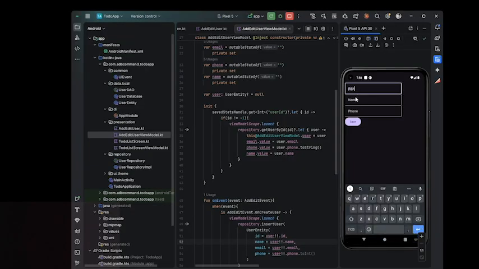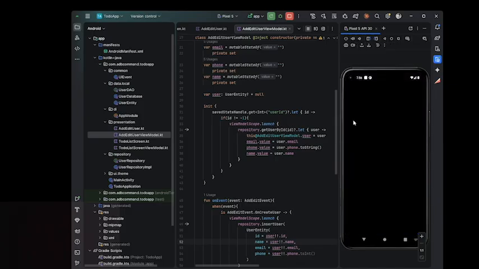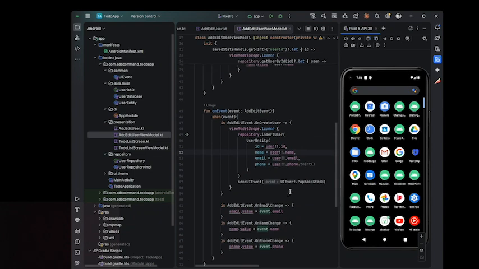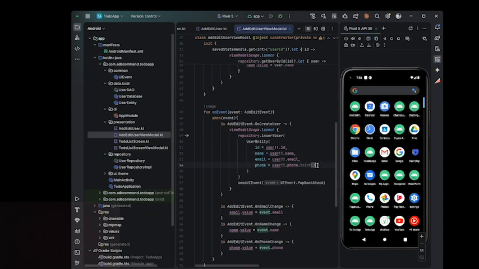So let me just, the app crashed because here,